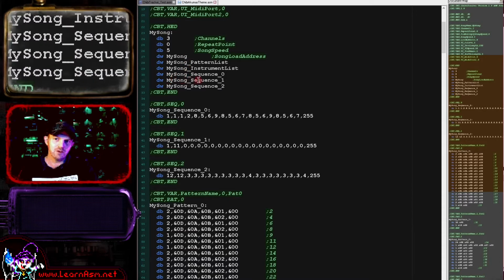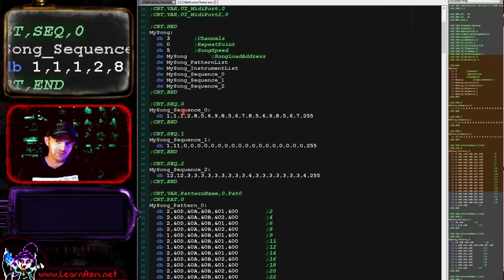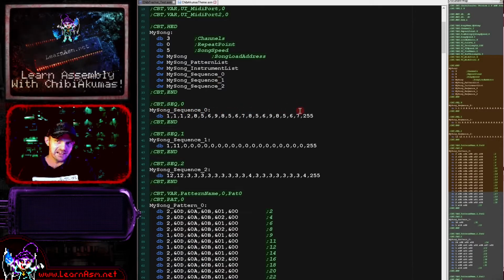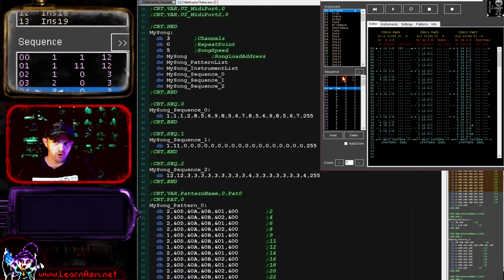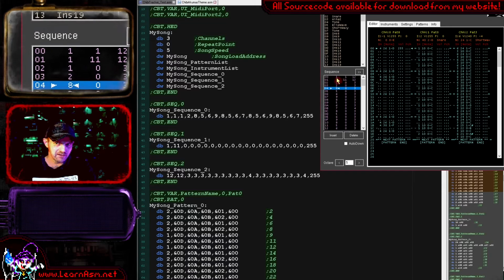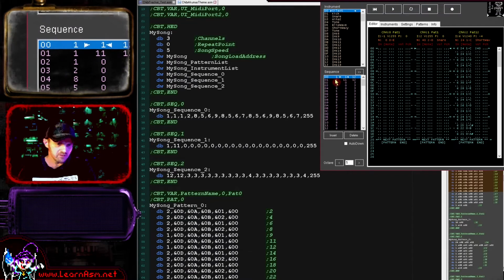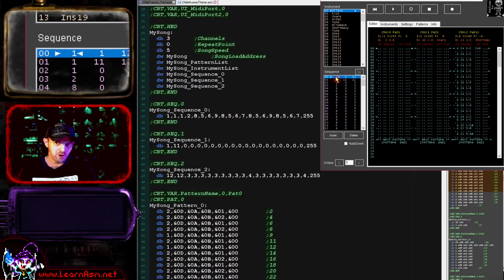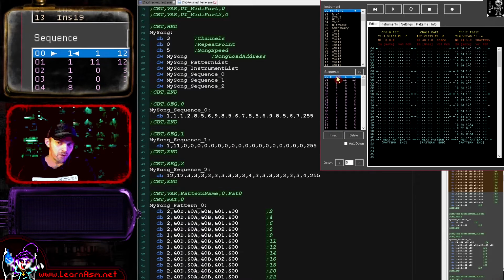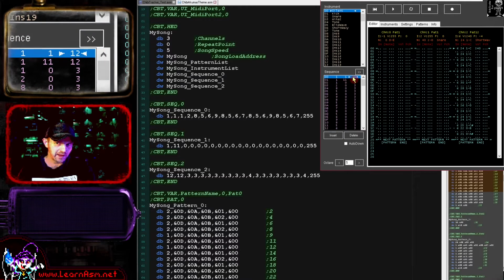Finally, then, in the header we have the addresses to the sequences, and you can see the sequences here, and these are a series of numbers here ending in 255. Well, what are these? Well, these are the playing patterns. Now, here is our song as a sequence, and you can see that there is a column here for each of the channels, and the numbers here are the patterns that are going to be played by that channel. So channel 0 here is playing sequence 1, channel 1 is playing sequence 1, and channel 2 is playing sequence